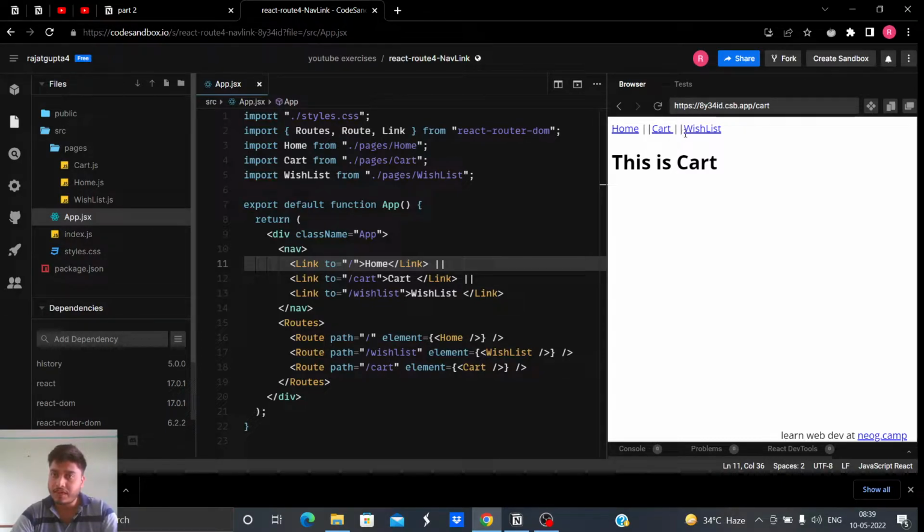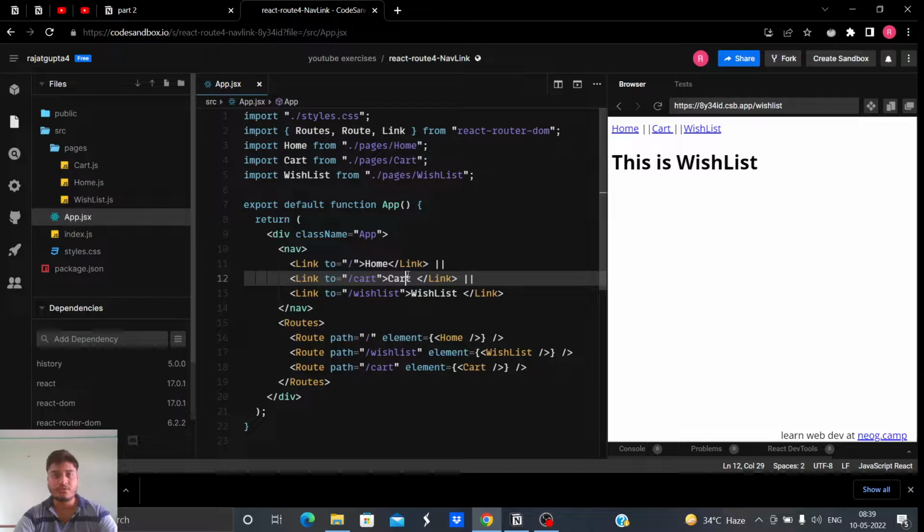When I leave cart, let's say when I go to wish list from cart, that style should be removed and cart should get back to its previous color. But since now I am in wish list, that style should be applied to wish list. Whatever the style is, the wish list color should be red, or the wish list should be written in bold, that should be applied to wish list.